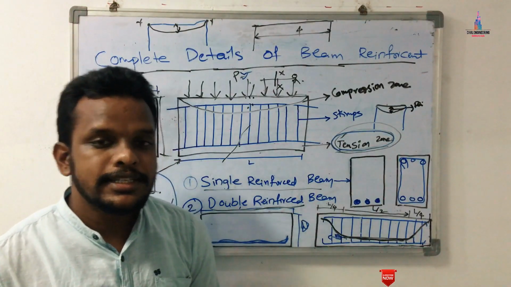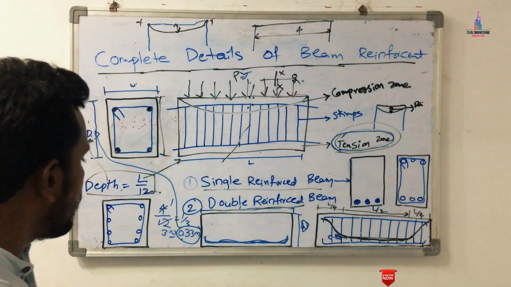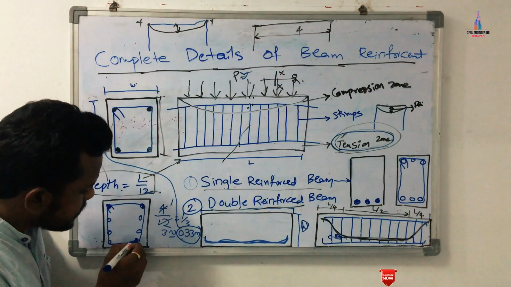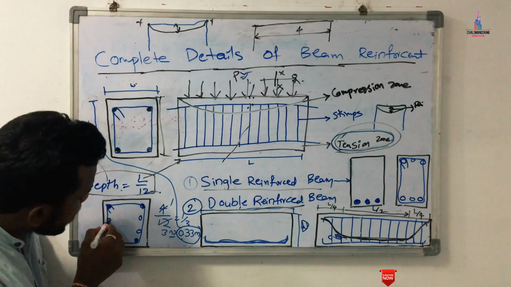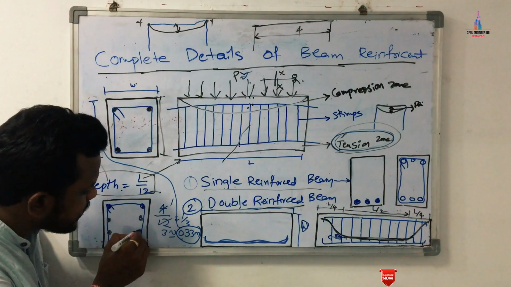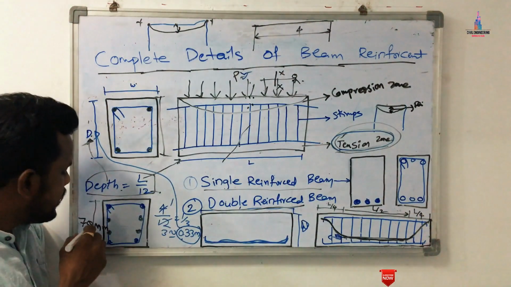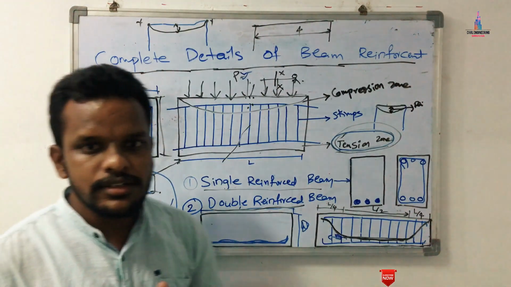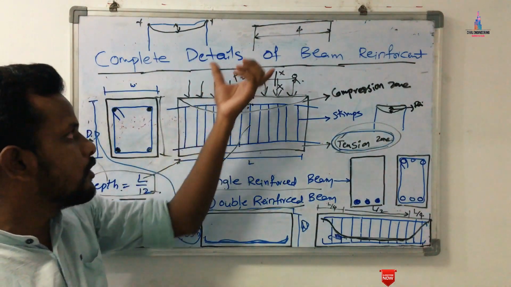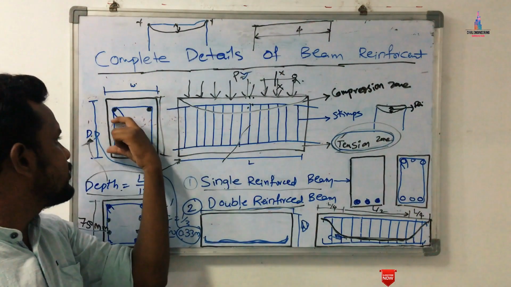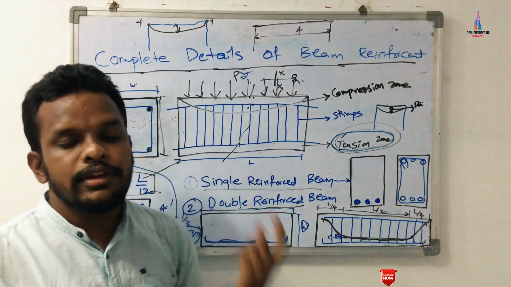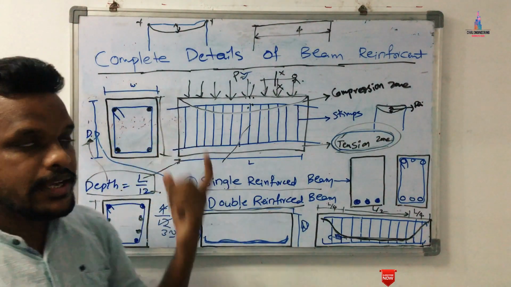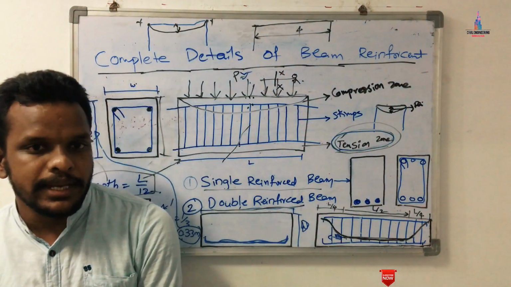Now I will explain the details about the side reinforcement section. Let us consider these are the main bar sections, and these are the side reinforcement bars. Basically we have to provide the side reinforcement if the depth of the beam exceeds 750 mm. If you consider any building design, you have to calculate the depth of the beam depending upon the length of the beam. If you calculate the depth and observe the value is more than 750 mm, we have to provide the side reinforcement in order to decrease the shear values as well as bending values for that building section.